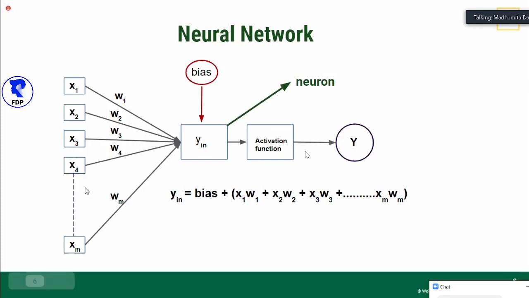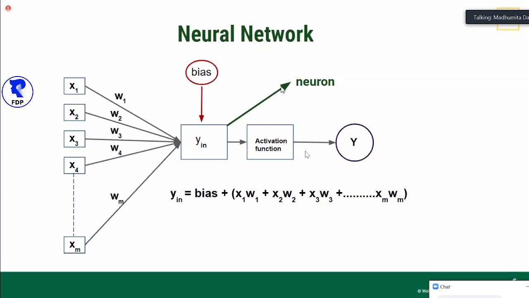So then we could input all those 2,500 values, assign a weight to each of those features, and then pass on a bias, and we can calculate an input. And if you see closely, this equation is very similar to what you see in a linear regression. So the bias is nothing but the coefficient that you see in a linear equation, and these weights are assigned to each feature. So this is your input layer, and that information is passed on to the next layer, and this value that is determined is actually a single neuron.